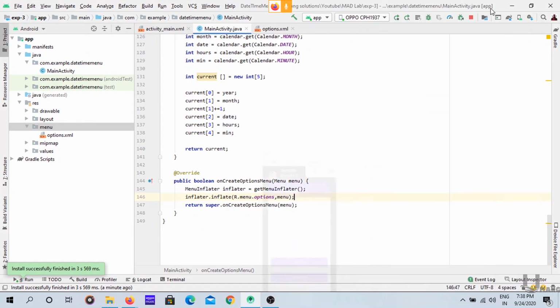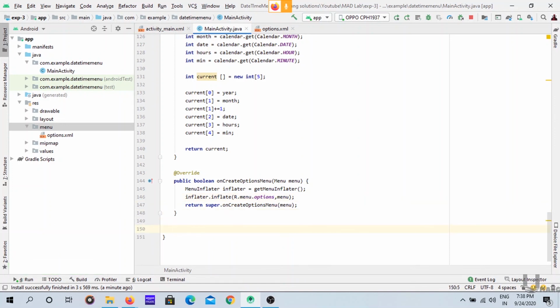So now we have to give actions to these options. So let's give the actions. Let's give some actions to these options. Create another override method to give actions.